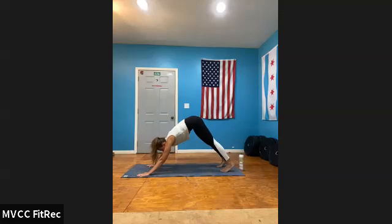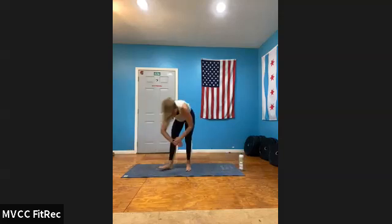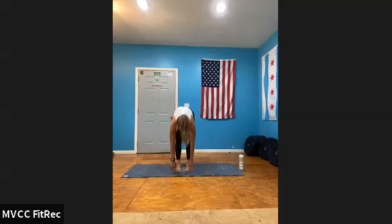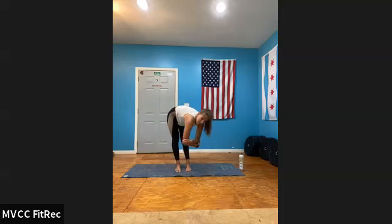Slowly step, walk, or jump your feet forward. Let's come to the front edge of our mat. Coming to that first forward fold here today. Again, maybe some movement, pedaling your legs, spreading one knee and the other. Take ragdoll, that gentle sway side to side, releasing into your low back. We bring it back to center, taking a twist, bend into your right knee, right hand onto the mat